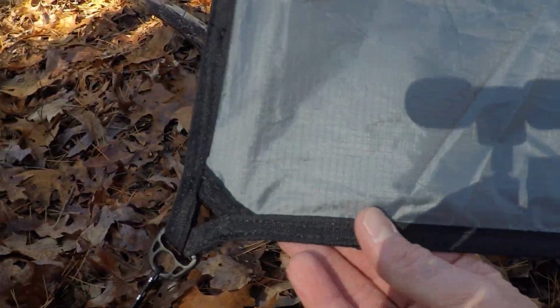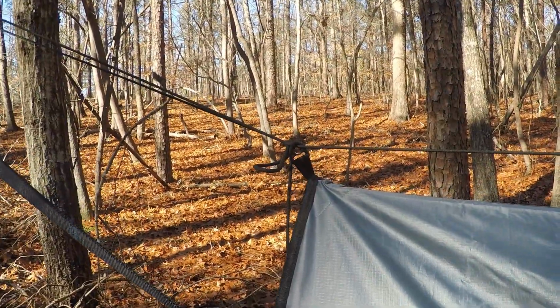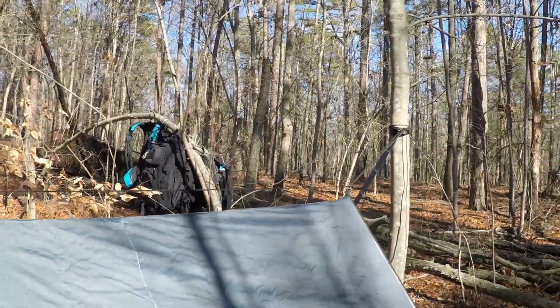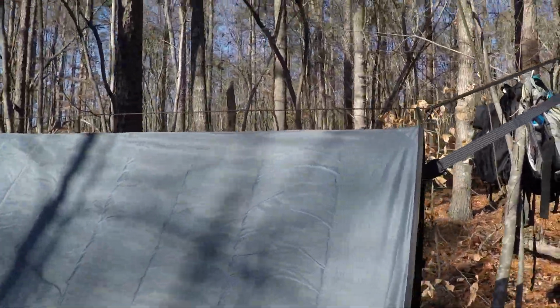Really great material, reinforced here on all the edges. I like how it has the little loops there. I like the little ridgeline loop. And I'm liking this because then I know I can use this for like a tarp shelter some other time